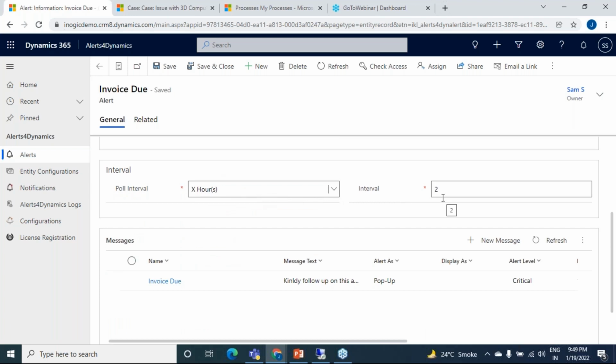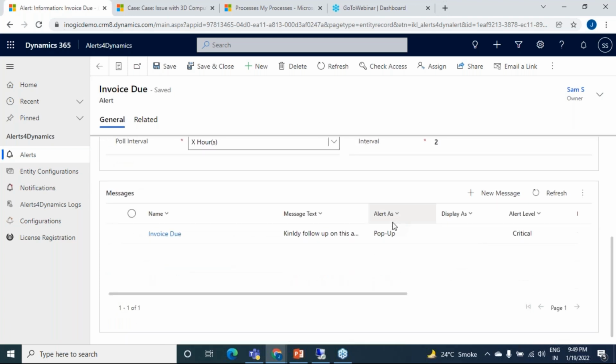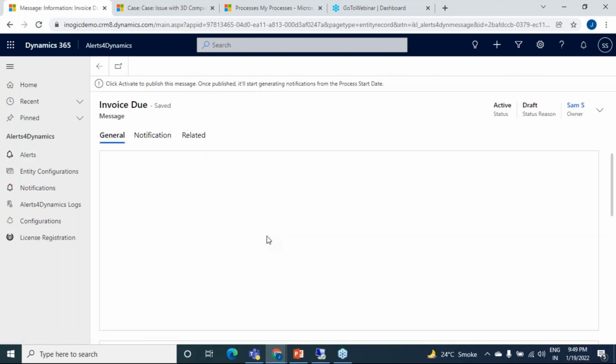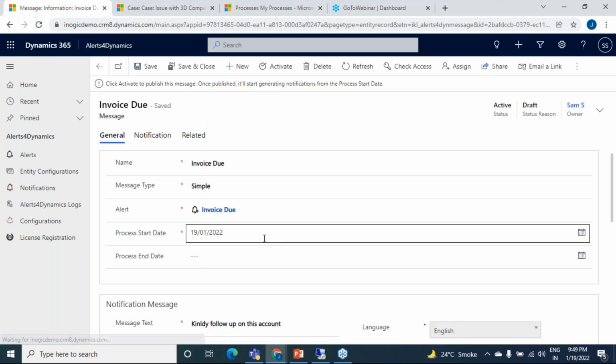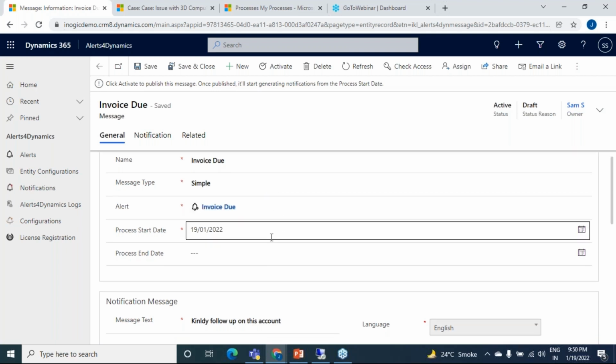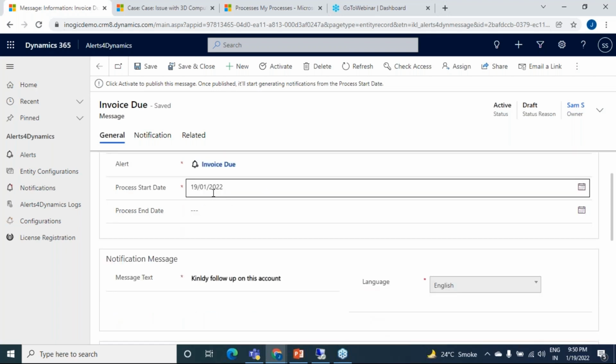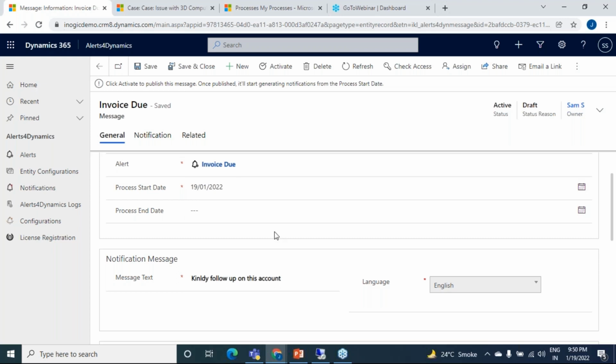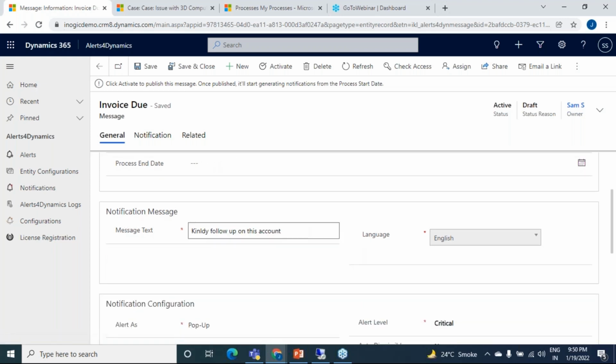So that is the poll interval that I've set, and then what message you want to notify to the user. In order to do that, you need to create a new message over here. I have already created one in my case, the invoice due. This is the message type that I've set as simple, the invoice due, and the process start date. As I was saying, when you want to start notifying the users, you set the date, and what message you want to convey to the user,